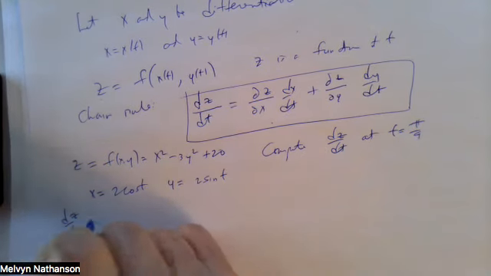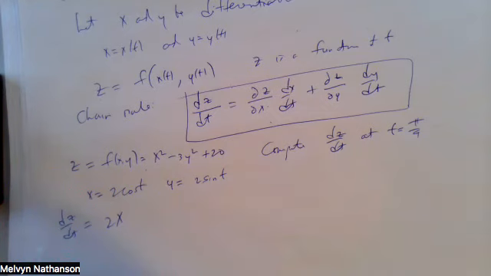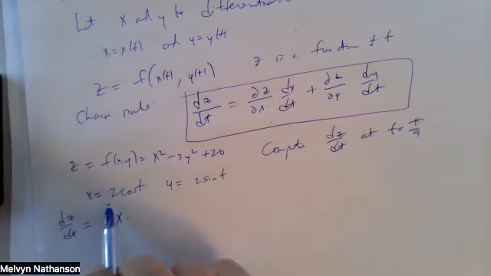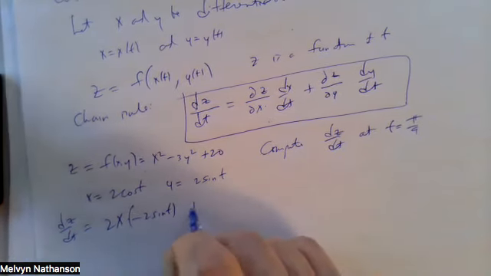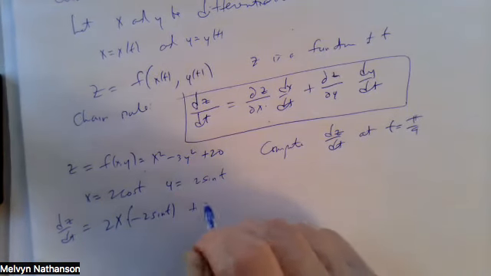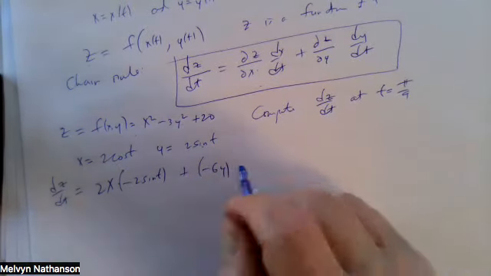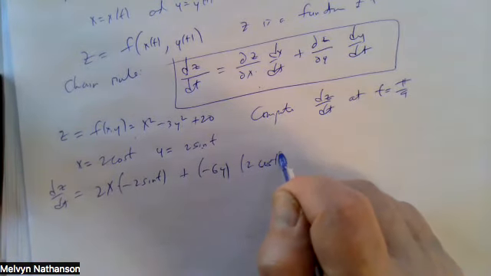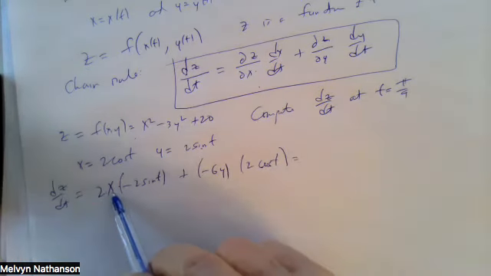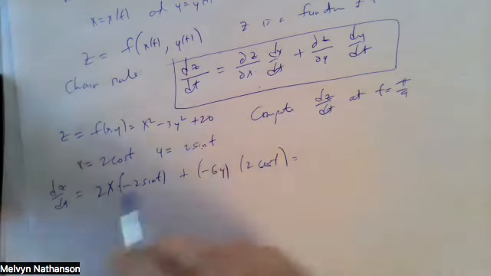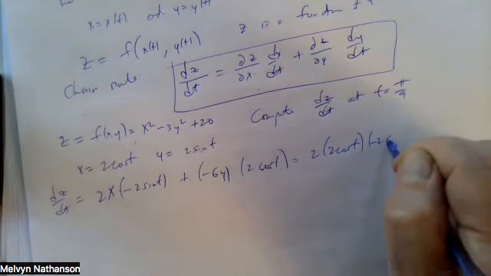So dz dt is the partial of z with respect to x, which is 2x, times dx dt. The derivative of 2 cosine t is minus 2 sine t, plus the partial of z with respect to y, which is minus 6y, times dy dt, which is 2 cosine t. So we get, let's see, what is x? x is 2 cosine t. So this is 2 times 2 cosine t times minus 2 sine t